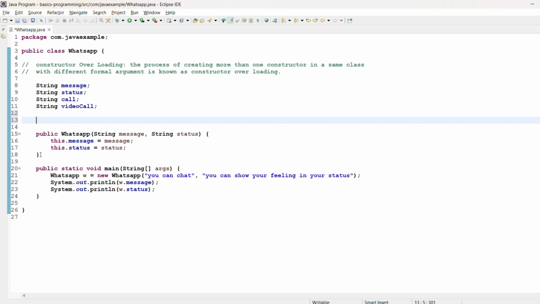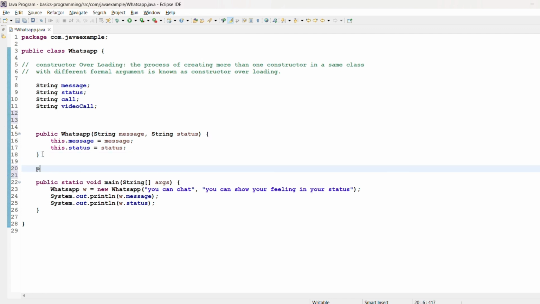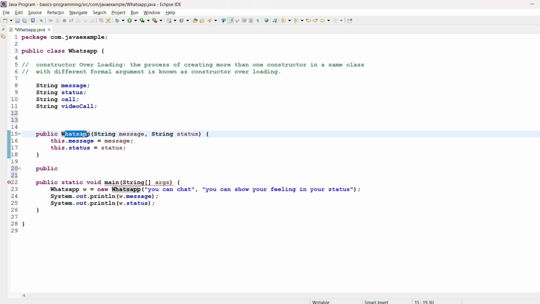we just need a constructor here, a new constructor. Instead of modifying this, you have to create the new constructor. So if people want to install this feature one, they can use it. If they want to use the new one, they can use the new one as well. So public WhatsApp,